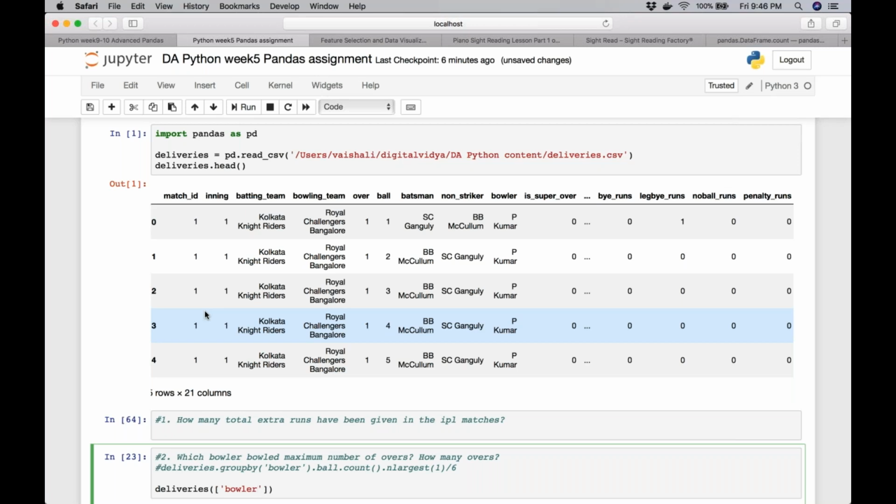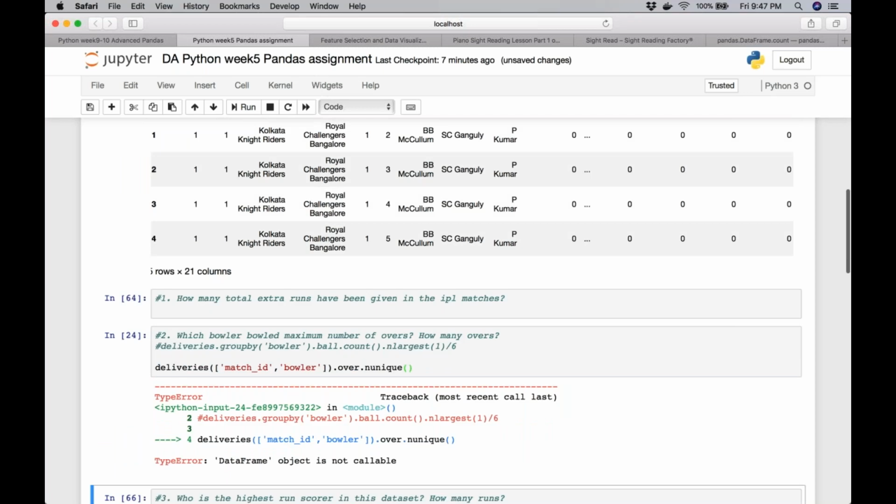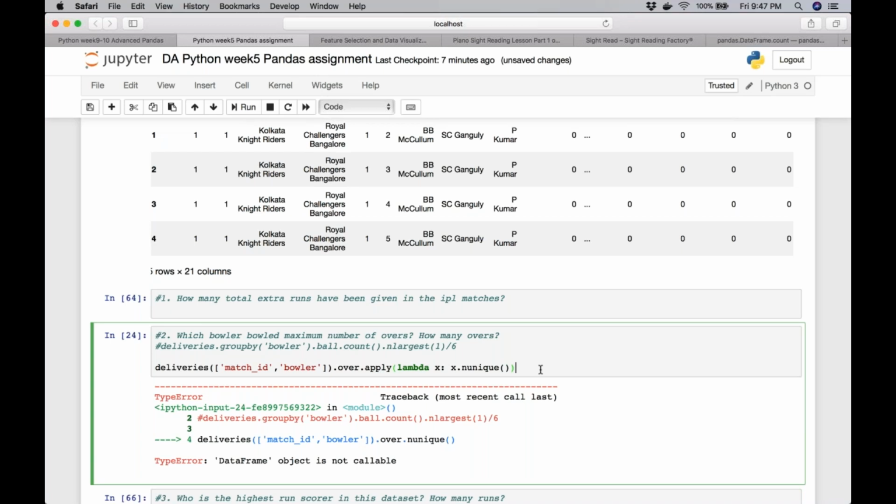What approach can we use is for each match ID and each bowler, over, how many unique rows are there.